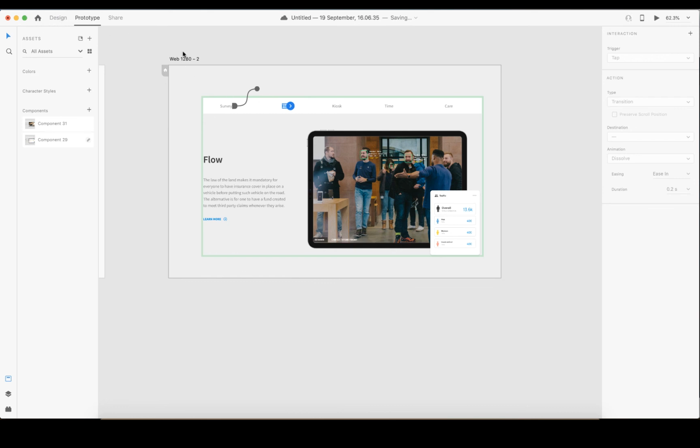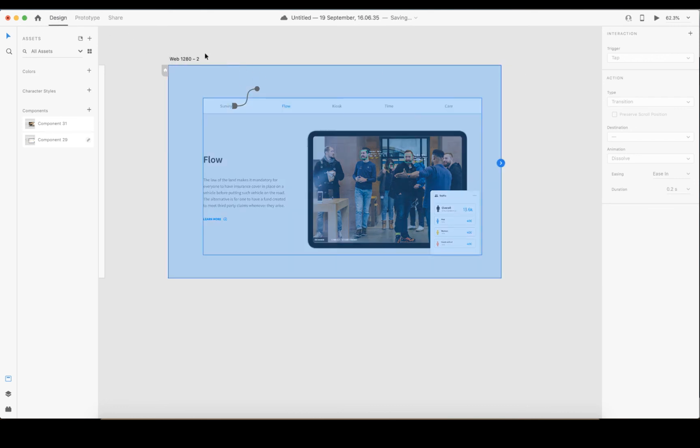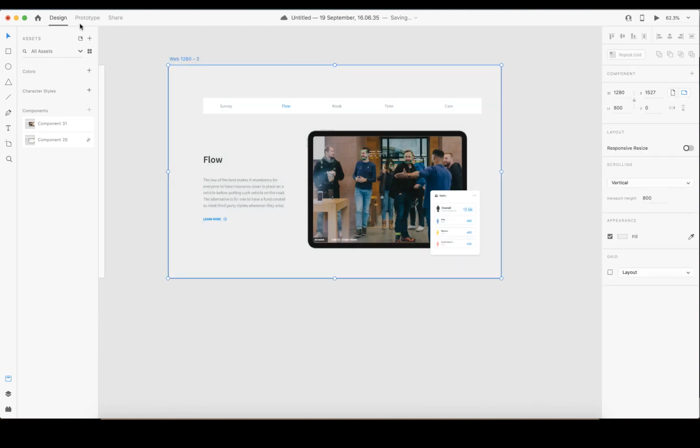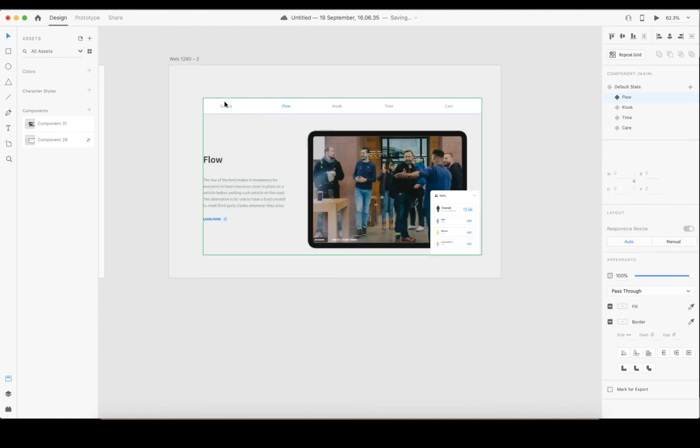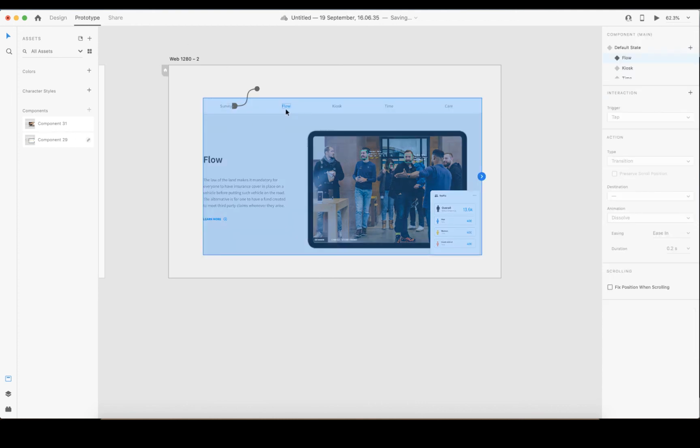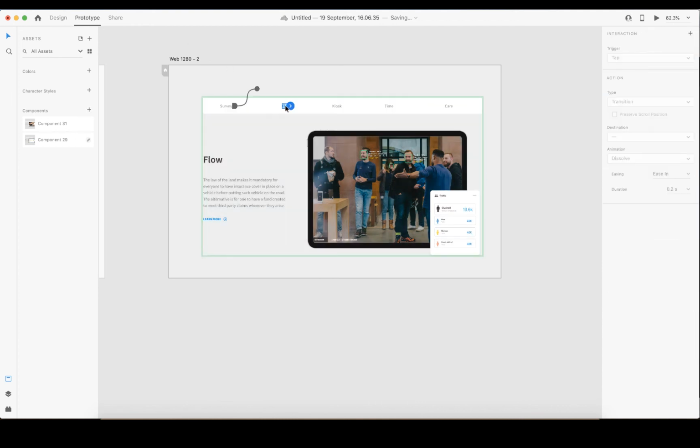We are still on them. Let me be sure where we are, which component we are on. Okay, we are on the flow component. So let's go to prototype. We've done this one. Flow, you can't prototype flow because it's already on the flow page. So the next one you have to do is kiosk.